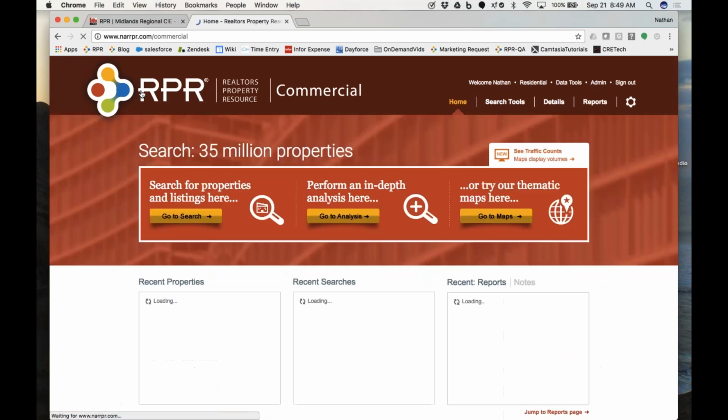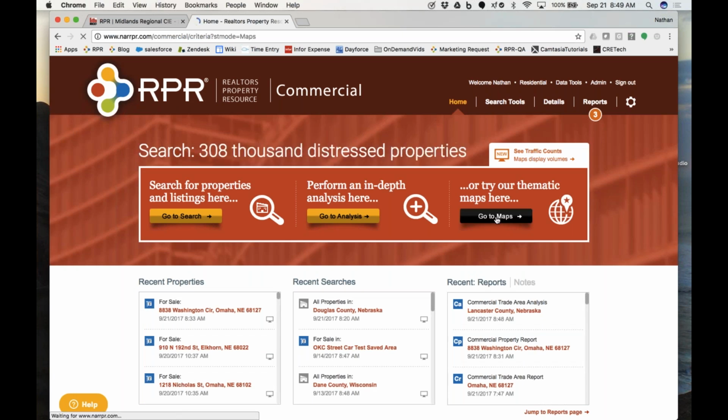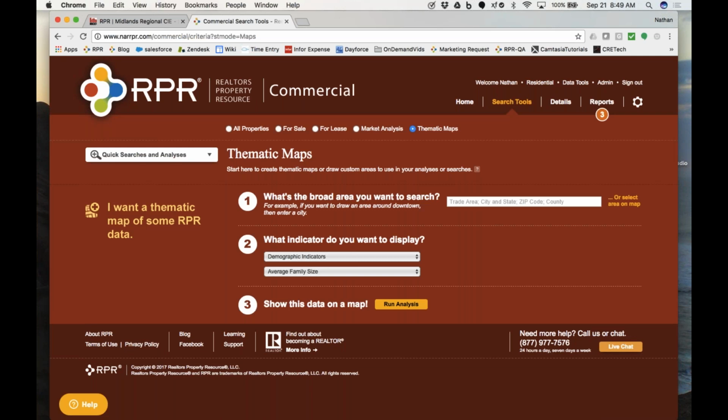All right. So let's go back to the main page here. We have about 10 minutes. I want to show you all some of the map functions. So let's go here to the maps, the thematic maps thing. And from here, we can plug in an area. And like I said, this is kind of just a little different way to do your searches in my mind. If you wanted to look at things on a more visual level before you do your property locations. And what's cool about this is you can start off by layering on